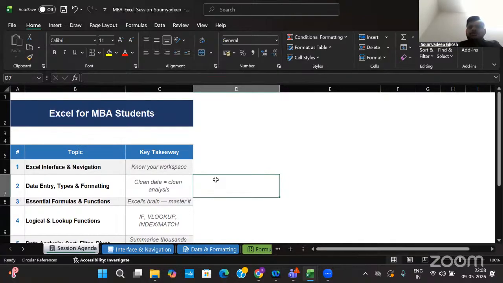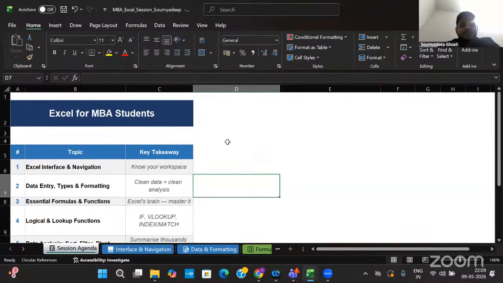So first things first, I think many of you might have worked with Excel, and for some of you it can be an entirely new application. So I'll give you a basic idea of what exactly Excel looks like. As you can all see, this is the ribbon pane where we have Home, Insert, the File options, and a lot of other things. Most of the general operations are mentioned over here.